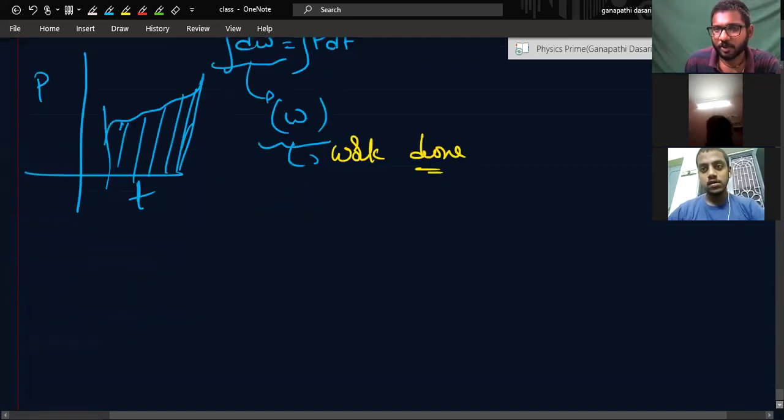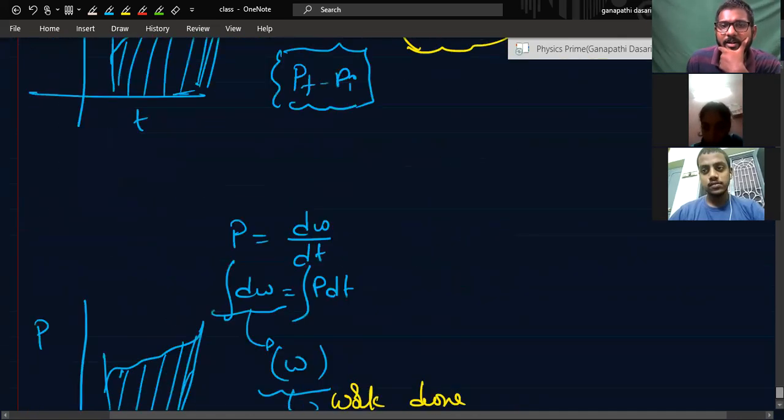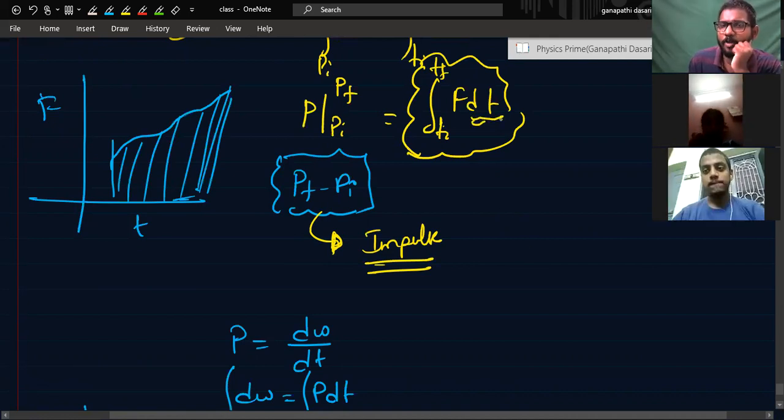Awesome. Then you be careful. Then what else can be written here? Okay, momentum. In the previous class, p final minus p initial can also be called the change in momentum. Can we write it as impulse also? Yes, sir. You might have studied that impulse is the change in momentum for a very short period of time. The time interval will be very small. Understood. If you know this F-t graph, we will be able to find out the impulse also.